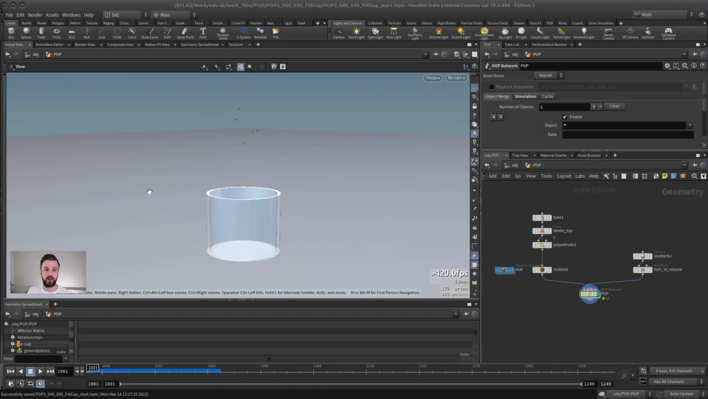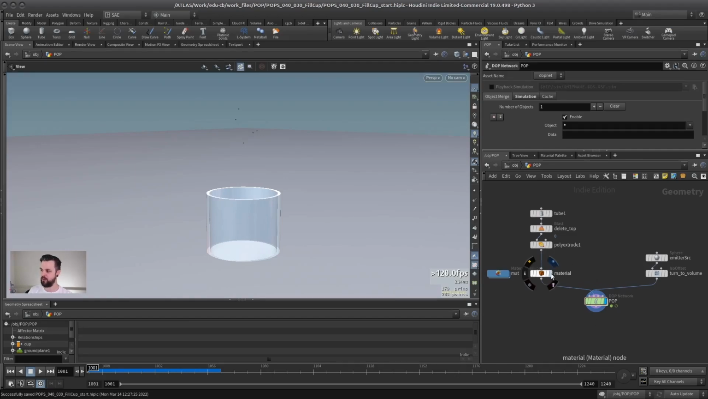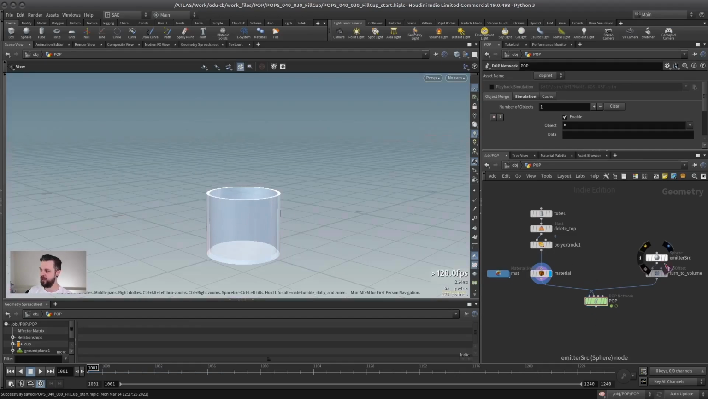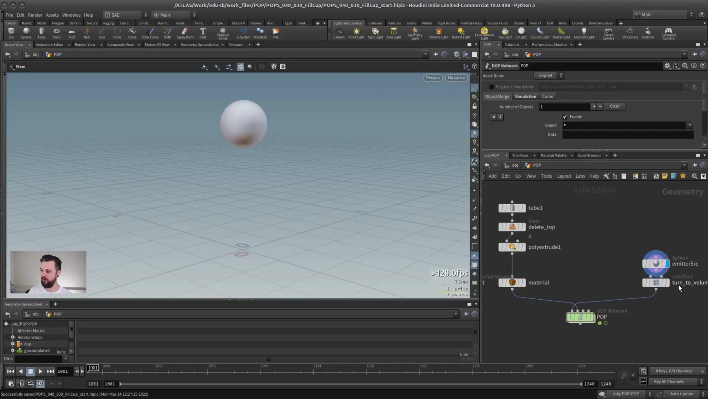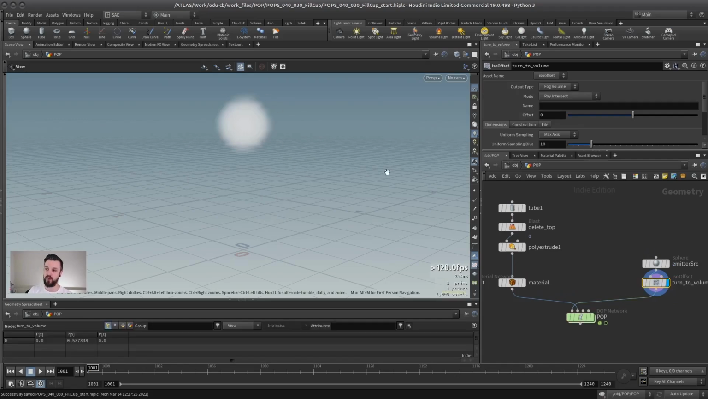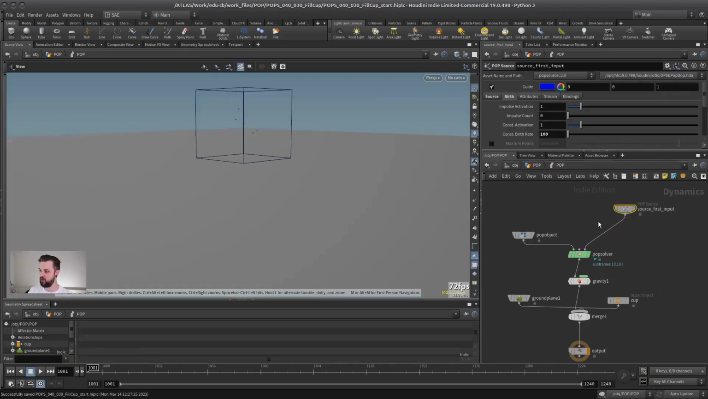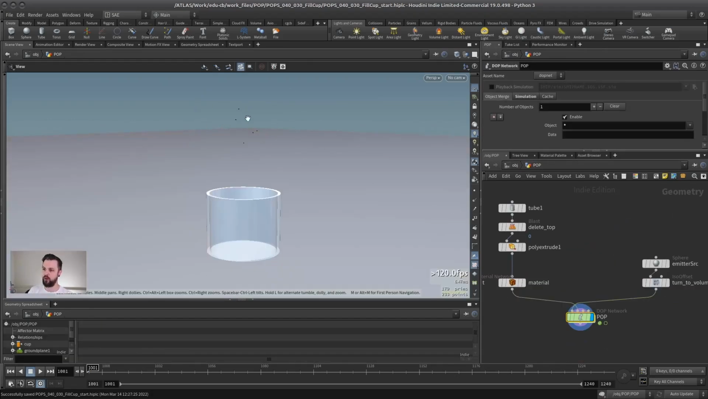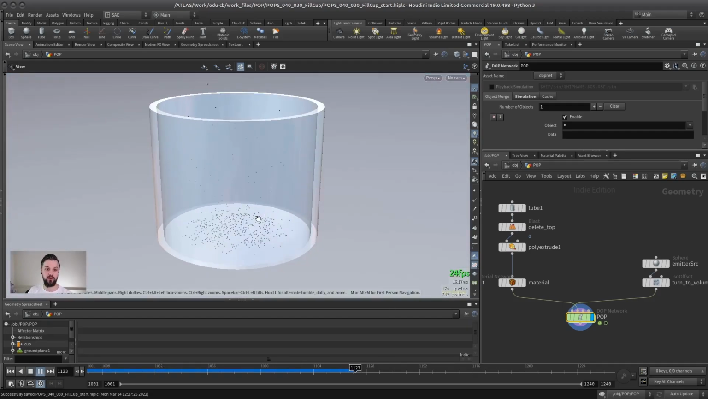So what we start with, and the file that you can download, is basically just a simple pop simulation with this glass here. And this time I use a sphere that I turn into a volume. So when I use a pop emitter, which I use here, a pop source, then the points will be emitted inside of that volume. And this now looks like this. And as you can see, we have the problem, of course, that, with every pop simulation, the points are not